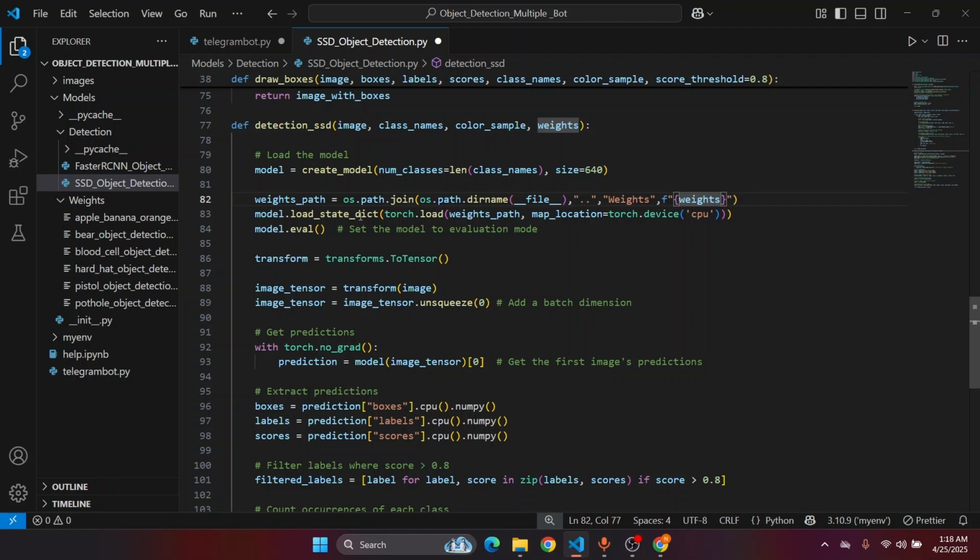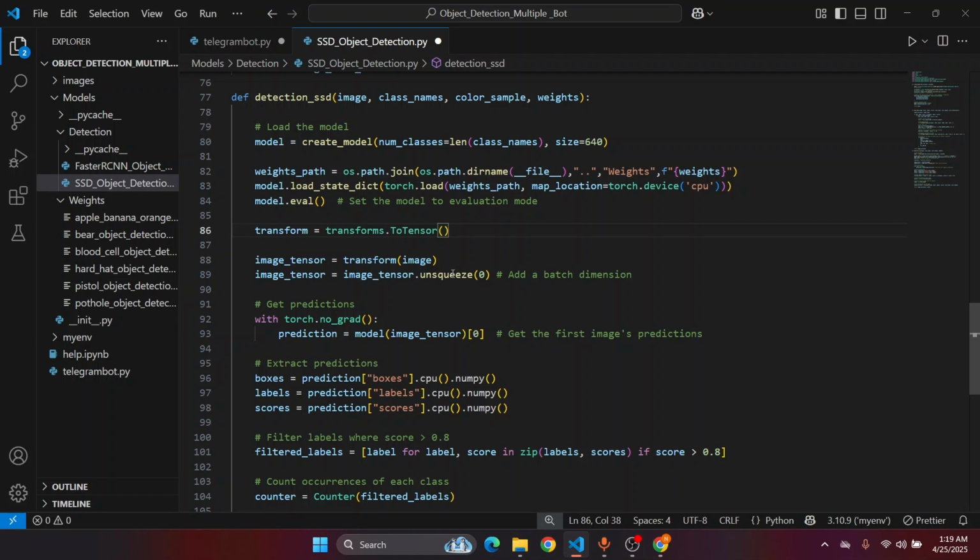And after that I am loading that weights file, and my application will run on CPU. We already know that, because right now I'm not using GPU. Right now I'm using a CPU, that's why. Then model.eval, because now the model is in evaluation mode, not in training mode. Then just convert the image into a tensor. Now apply the transformation, then unsqueeze, because it adds a batch dimension to the image, because during training we pass